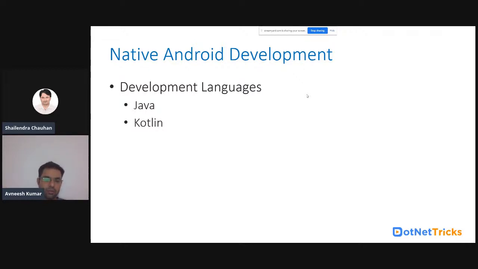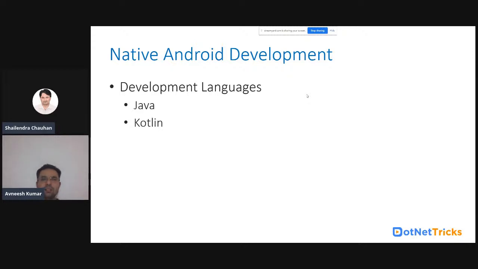But now, because everyone has basic JavaScript knowledge and experience, they converted the syntaxes, the things that were written in Java, you can move to Kotlin.